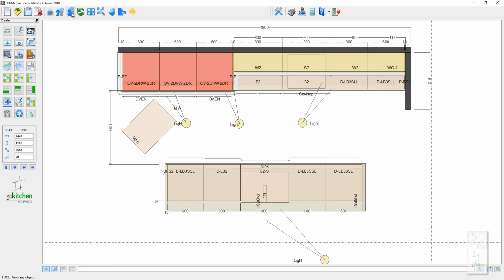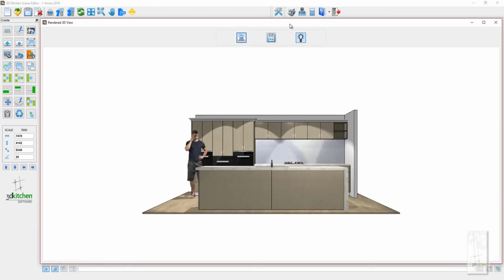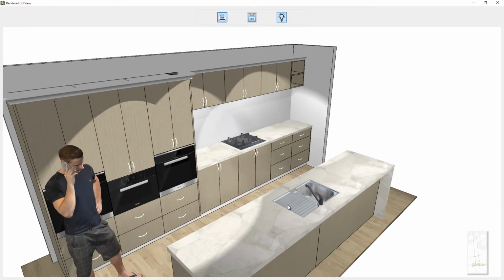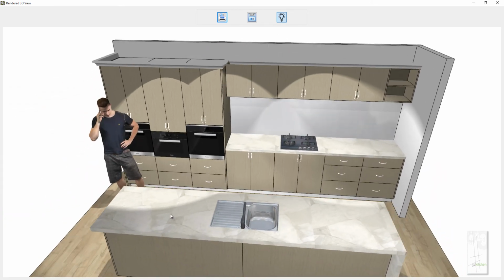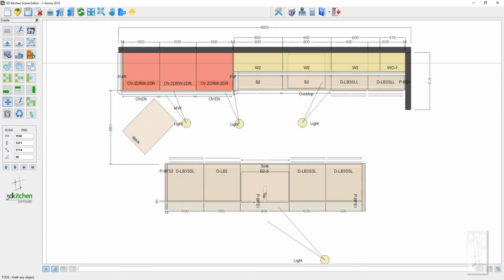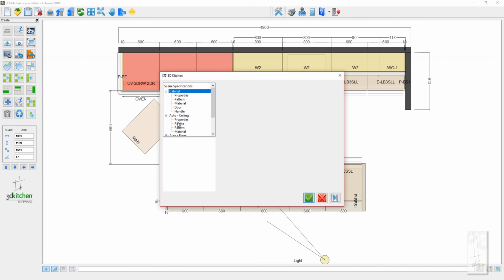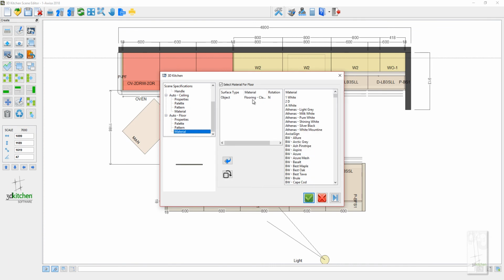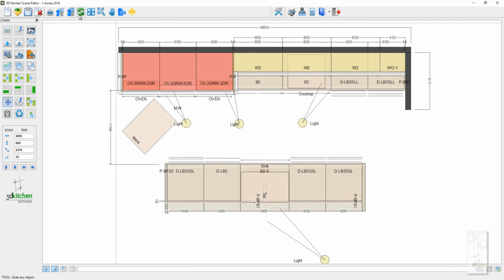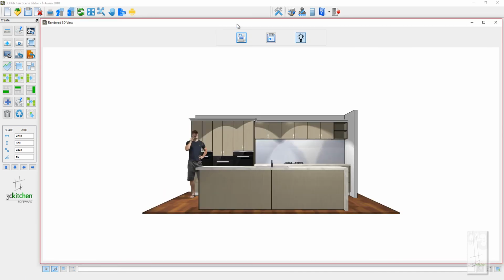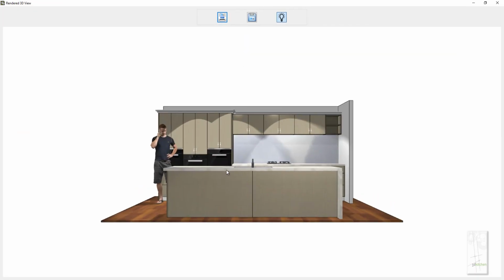There are also some new floor pattern functions, as with many other patterns in the program. So I'll just change this pattern here. We'll just go to the scene specifications, auto floor material, and I'll just select the floor option. So we'll take say the Marabou, apply that just to start with, and show you the 3D of that. So that comes up with the